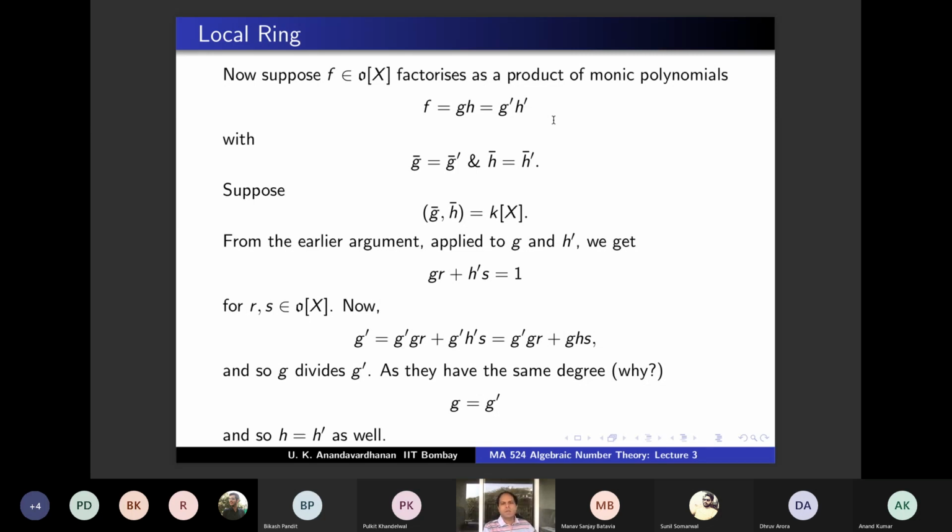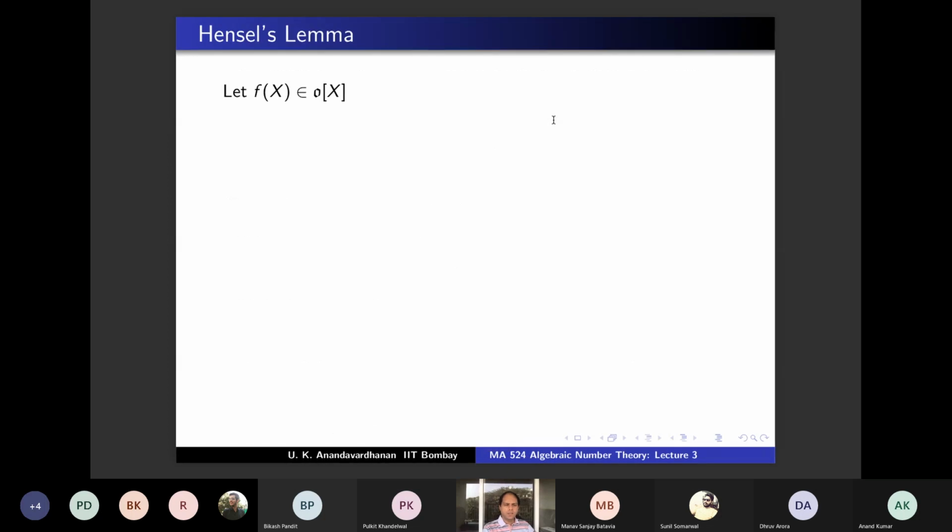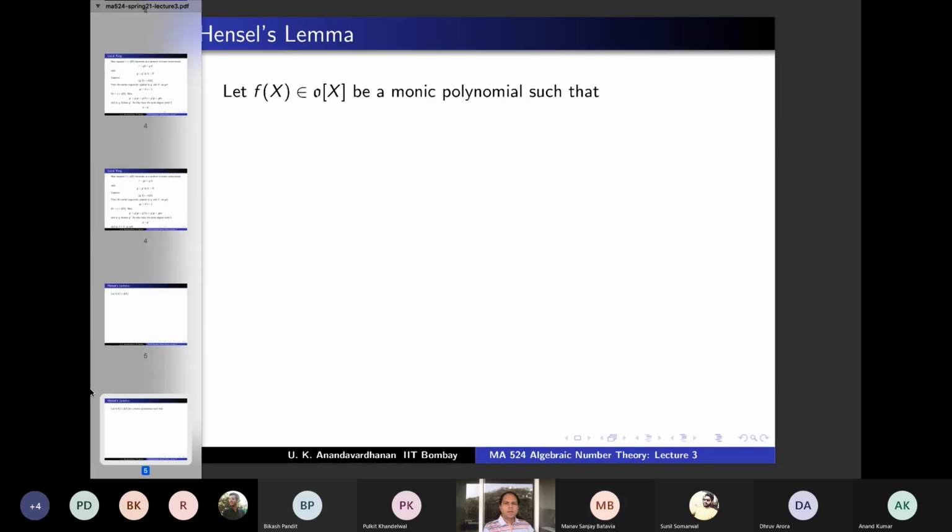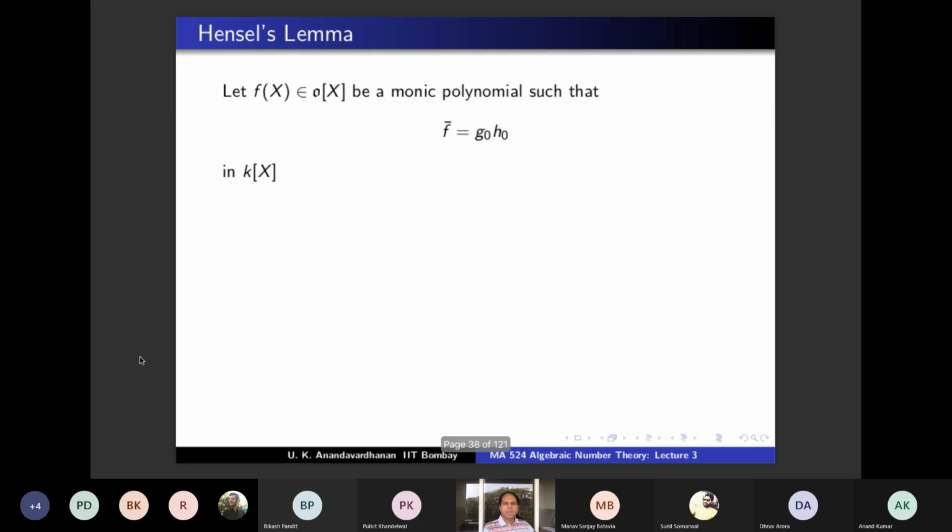And in this, you have got some uniqueness. This is all that we need for Hensel's lemma. The second version of Hensel's lemma says: if f(x) is a monic polynomial such that its reduction modulo m can be factorized as g0 times h0 in k[x]. So if you have a monic polynomial and after reduction modulo m, it is a product of two things,